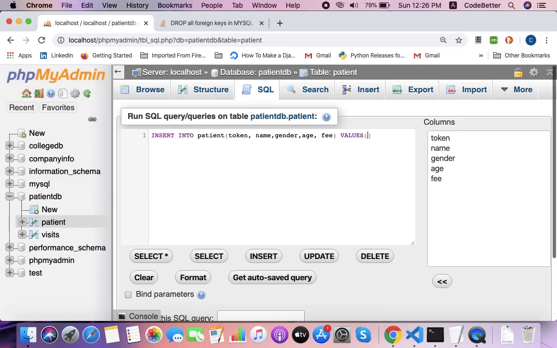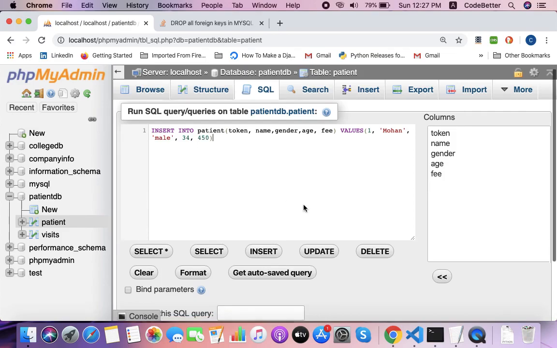Let us insert token number 1, which is already there. Name Mohan, gender male, age 34, fee 450. Let us execute this query to insert a row.